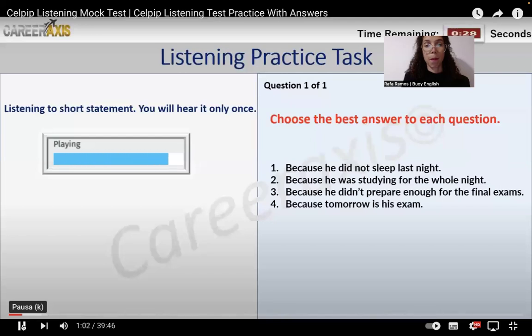Question 1. Why is the man looked worried? So then you have to really rephrase what he said. So he looks worried, he did not sleep last night, he was studying, he didn't prepare enough for the final exams because tomorrow is his exam. So the answer is